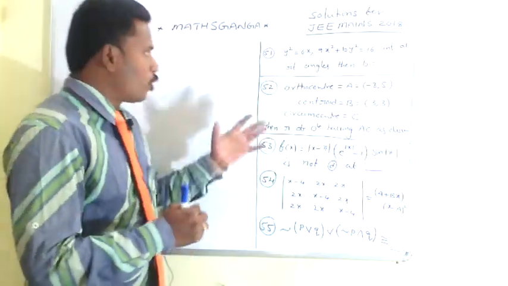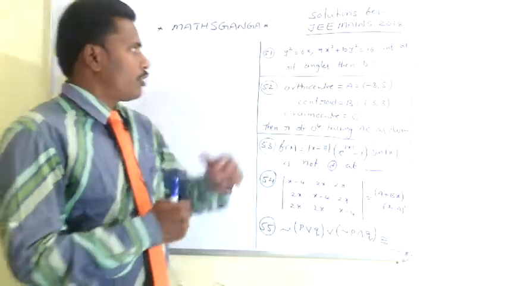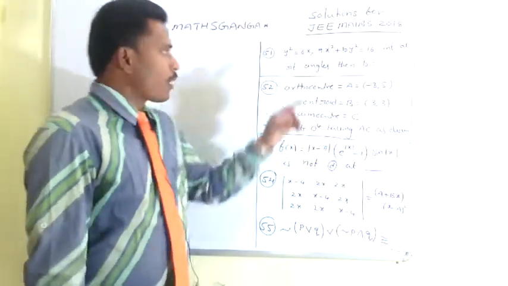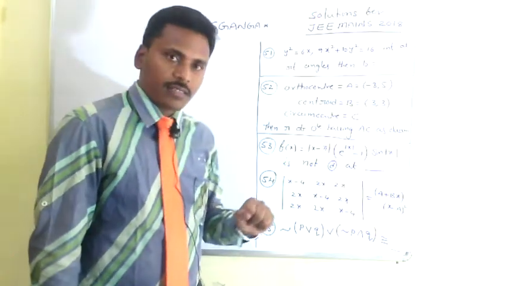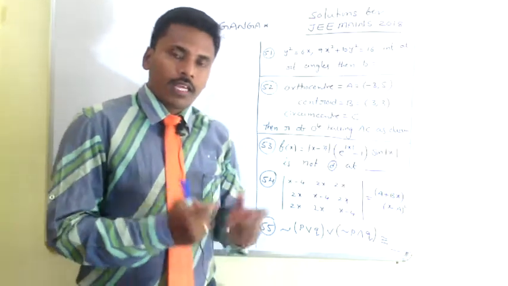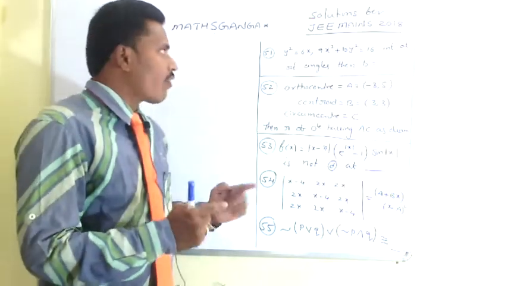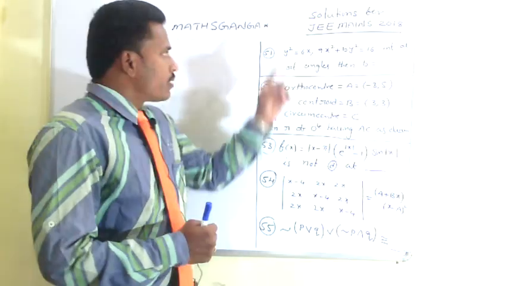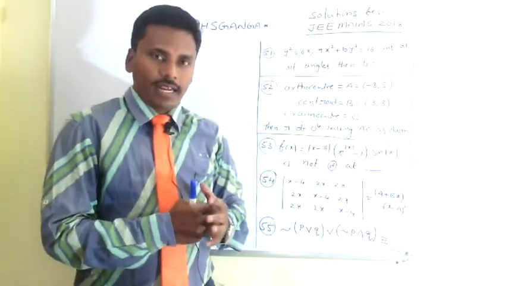Now coming to these questions, the first question is like this. There are two given curves, y square is equal to 16x and 9x square plus by square is equal to 16. These two curves are intersecting at right angles and they ask us to calculate the value of b. Since these two curves are intersecting at right angles,